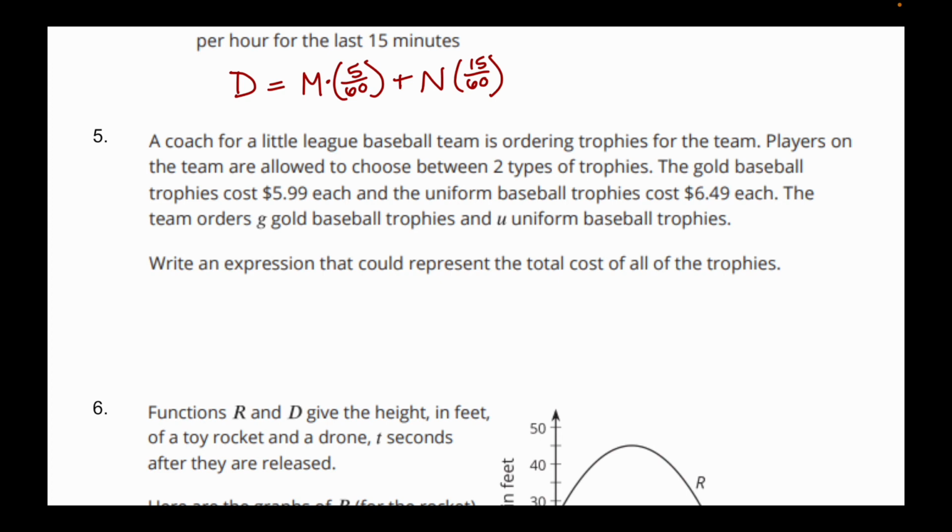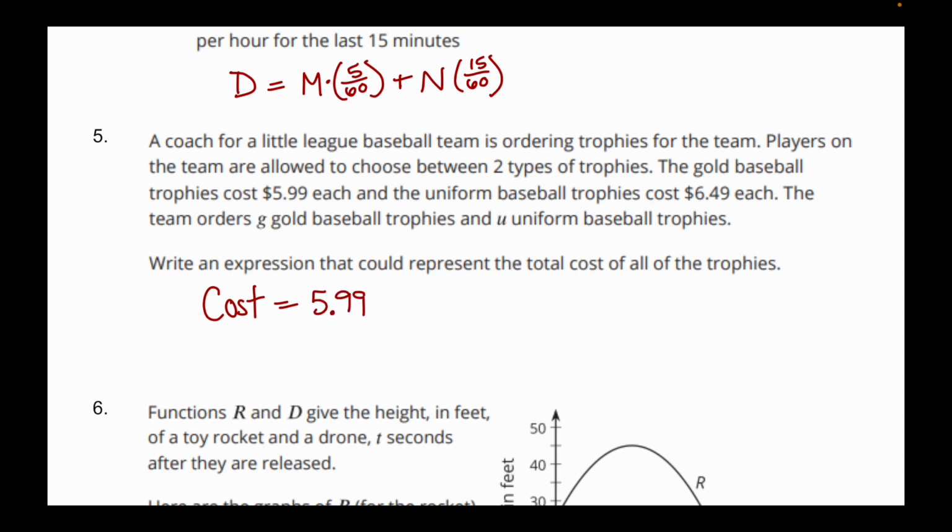Write an expression that could represent the total cost of all of the trophies. So I will just say that our cost is equal to the price of each, and then we're going to multiply that by however many we are ordering. So $5.99